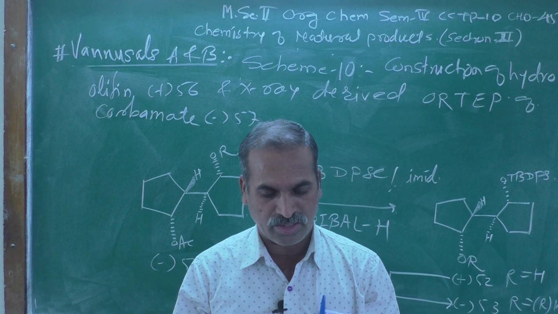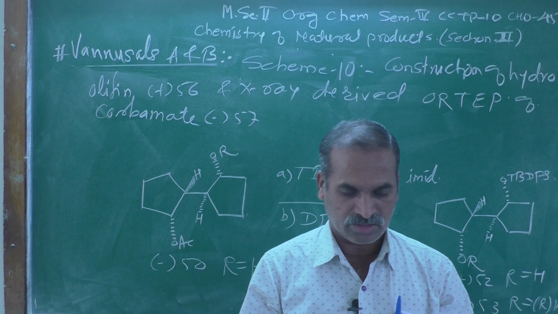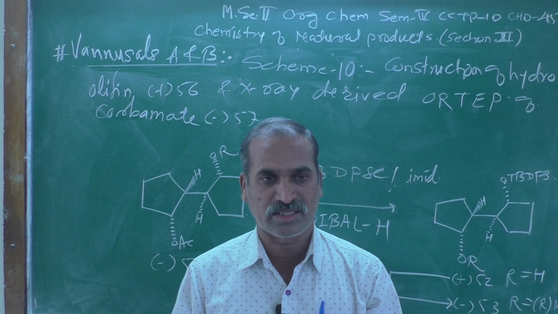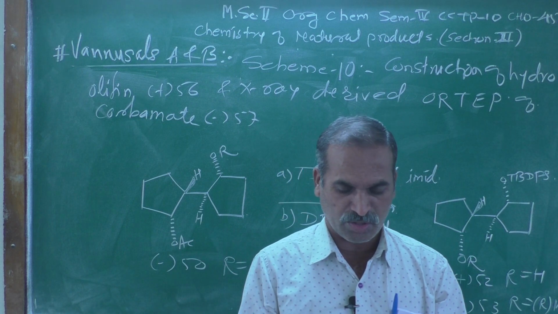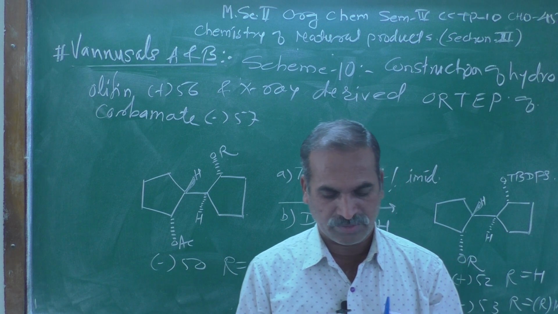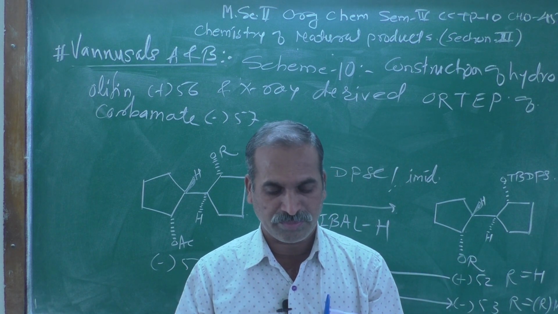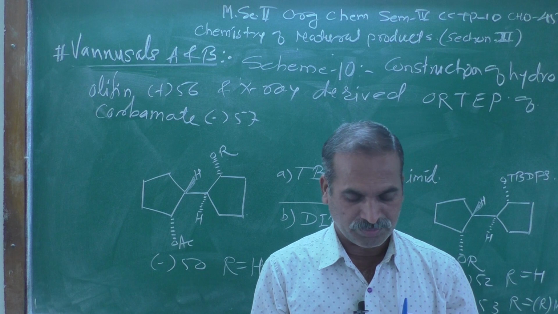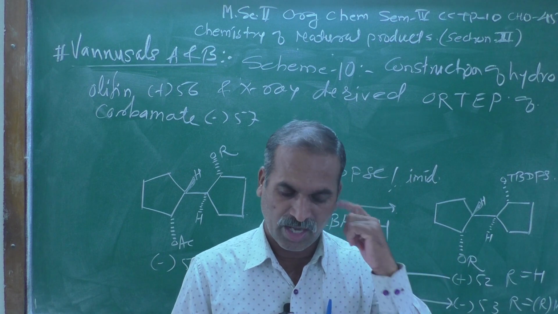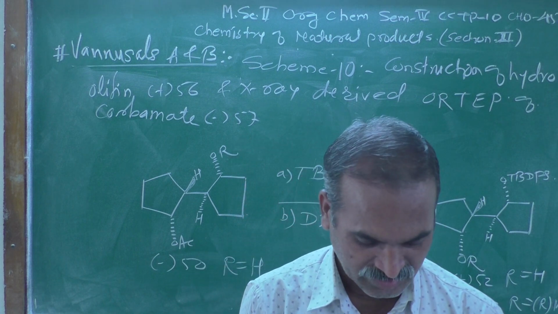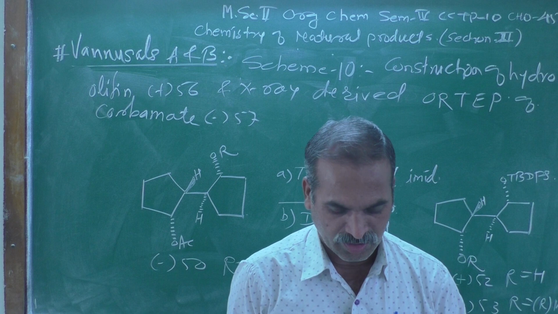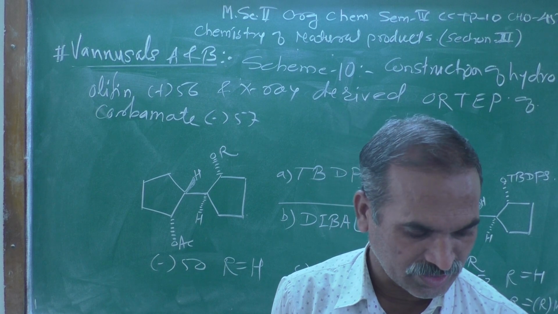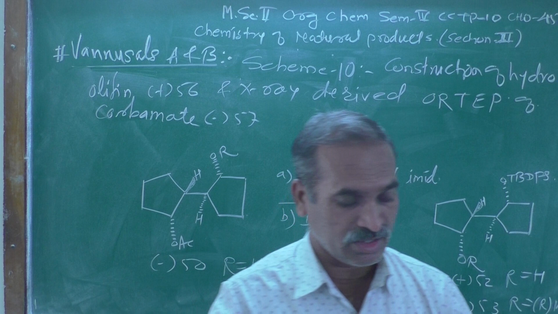After that they tried to synthesize it in two ways they followed, but in one case they failed to synthesize compound number minus 50, but in the other way round, with one step increase, they got the desired product, that is meso compound 49, with acetic anhydride and 4-DMP, followed by the EMPO lipase PES. We have seen their reagents also.